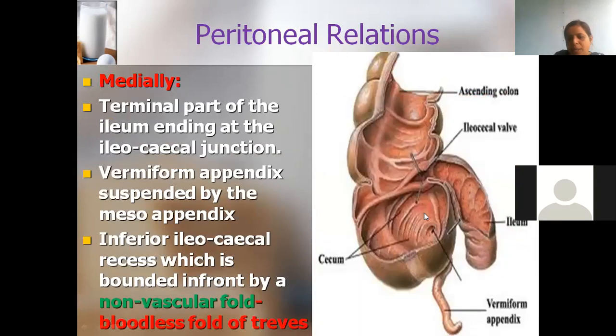So medially, what is opening in the cecum? This is cecum and this is ileum. Ileum is the last part of small intestine. I told you DJI, duodenum, jejunum, ileum. Ileum is opening into the cecum. So medially you are finding the terminal part of the ileum and it is guarded by a valve. Okay, the name of this valve is ileocecal valve. This is ileocecal valve. It has upper lip, it has lower lip and this area is called the frenulum. Okay, then